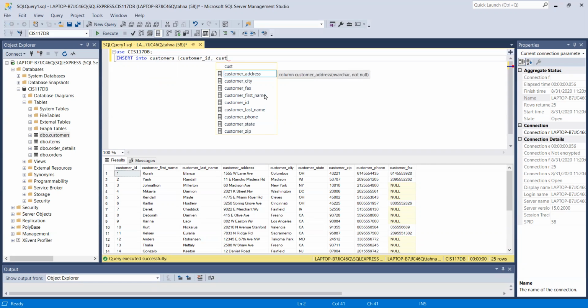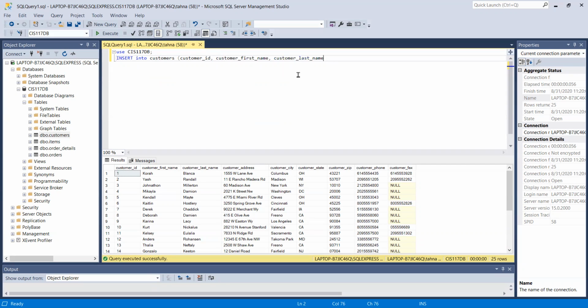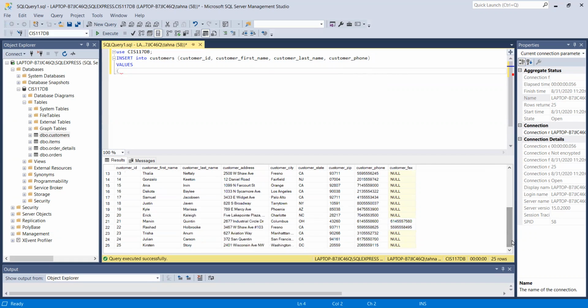We'll want to have a first name, a last name, and we found out who this was, but we didn't really get their address. So let's just put their phone number in. And we've specified what columns we want. Now we've got to put the values for those columns. Let's see, first one, we want to use a unique customer ID. It could be 26. And